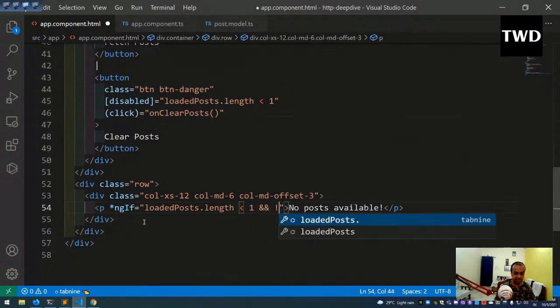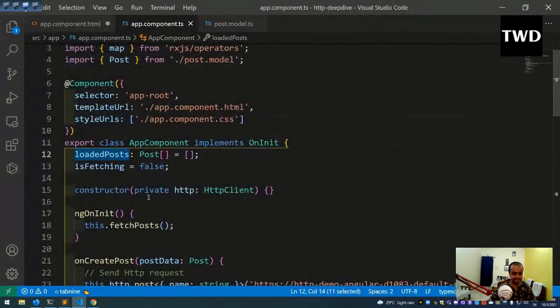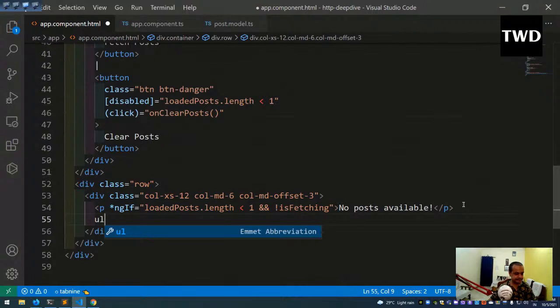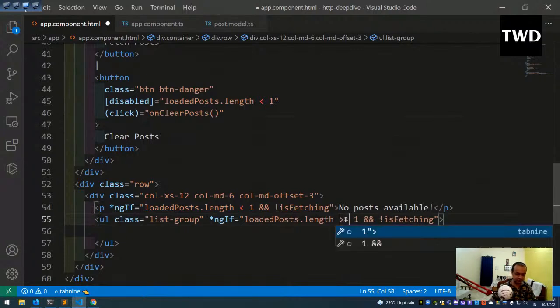then isFetching. Okay, then after that ul is there, ul.list-group is there, and then the same thing will be there, and if loadedPost, but it will be the opposite. It is greater than or equal to 1 and then isFetching. Okay,